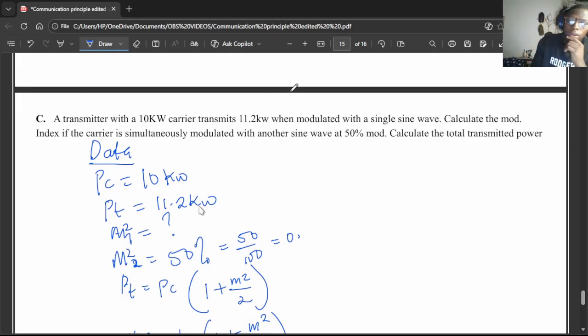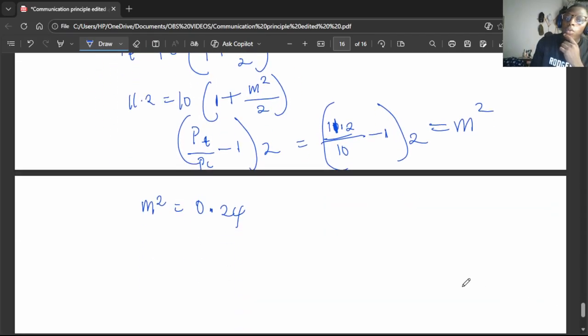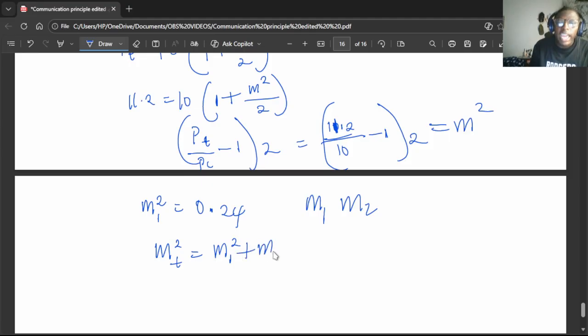So what do we have here? What you simply have here is what you've already calculated for your M1. So your M1 square will now be equal to what you have here. Remember, since we are given M1 and M2, we look for the total. Looking for the total, that simply tells you that you are looking for M square subscript T, and this is equal to M1 square plus M2 square. And that will give you